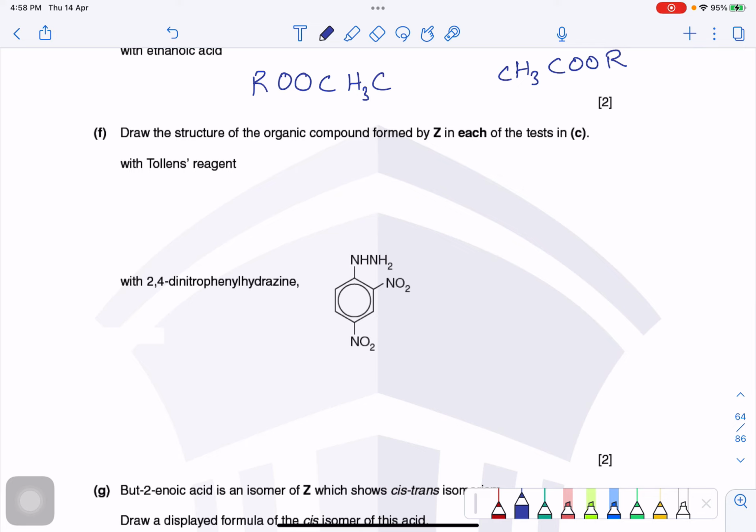अच्छा, draw the structure of organic compound Z formed in each of the tests with tolerance reagent। tolerance reagent में होता क्या है, आपके पास जो aldehyde group है वो ऑक्सीडाइज होता है और वो एसिड बनाता है, but then that acid itself reacts with the ions that are present in there, giving you RCOO with a negative charge, क्योंकि जो H पॉजिटिव है वो लूज हो गया।